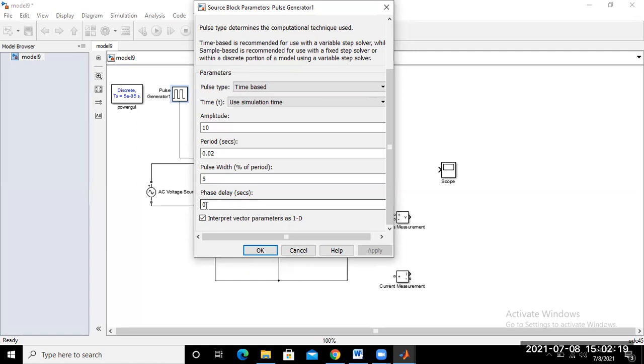So now we can find out the phase delay in seconds. So the phase angle delay, that is 30-degree, divided by 360 into the time period, that means 0.02. So this one becomes 30 divided by 360. Okay. So how much is this one?